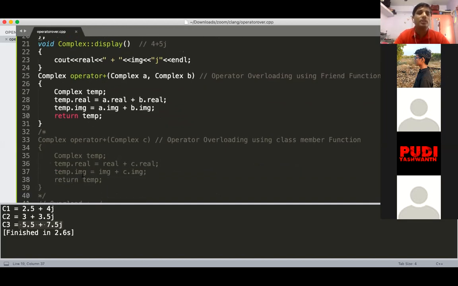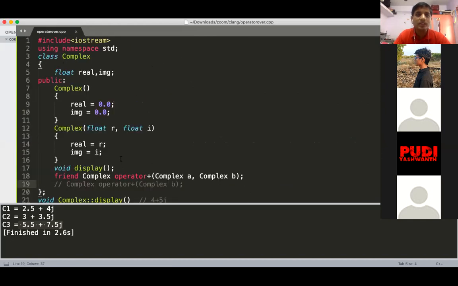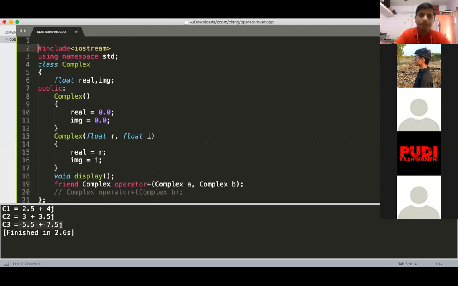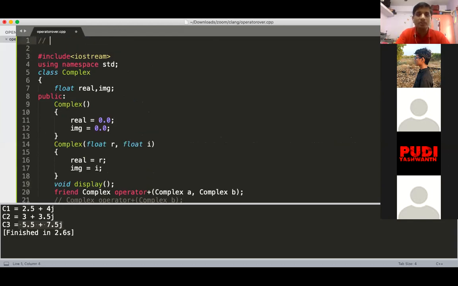Now it is your turn. Now your assignment, just note down the assignment. Your assignment is, in the same class, write a complex class and overload plus, minus, multiplication, division and equal to.